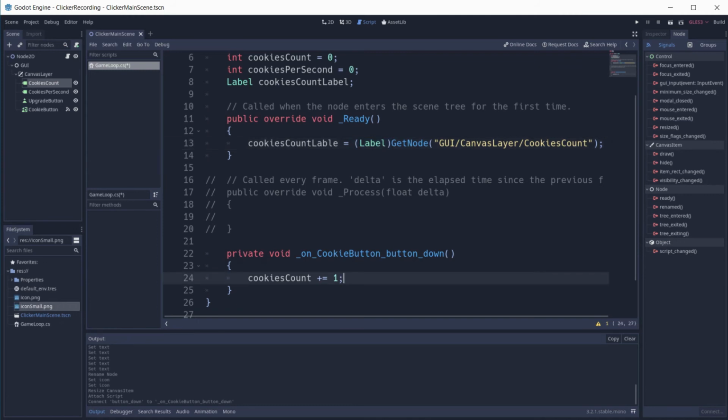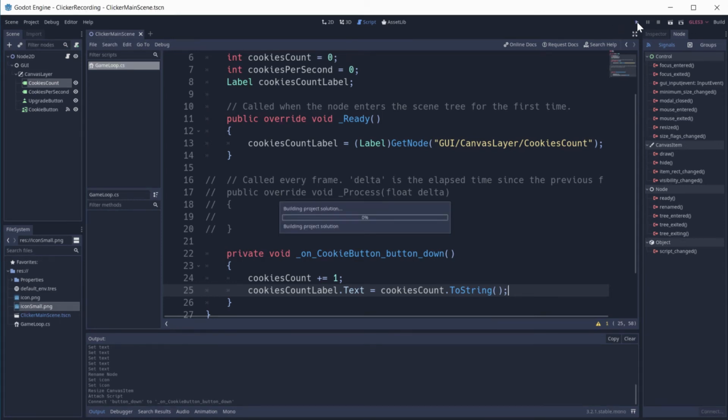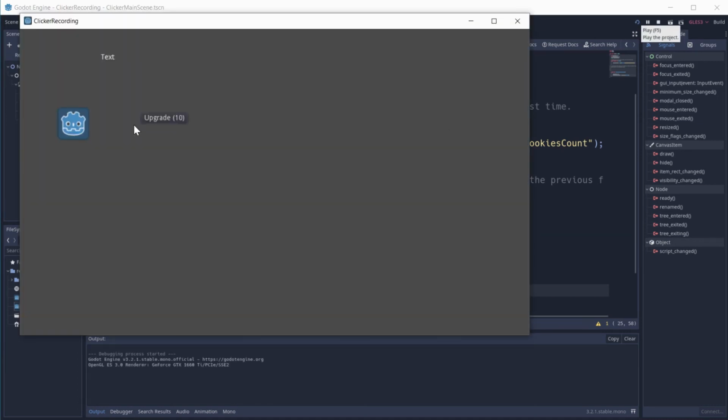Now if we call cookies count label.text equals cookie count.ToString on the button press, then launch the game. If we press the button, it will add cookies into our cookies count and update the label on the scene.